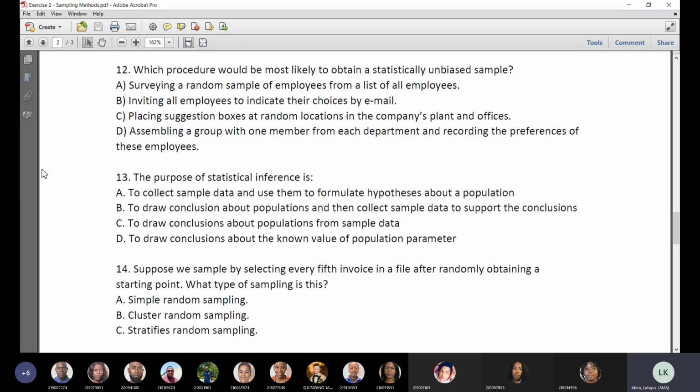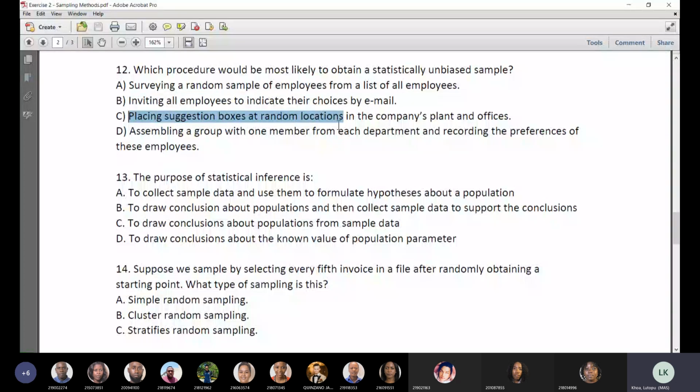So, surveying a random sample of employees from a list of all employees. Okay, maybe this one is starting to stick out. What are the options we have? Inviting all employees to indicate their choices by email. This one, I doubt it. Most people don't like responding to emails. So probably not B. And placing suggestion boxes